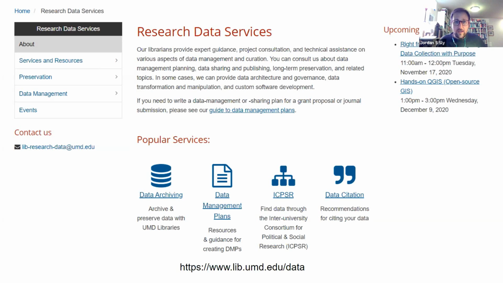A good place to start with data planning is our data research services page through the UMD libraries. You can find this at lib.umd.edu/data, and you can contact librarians using this email address.